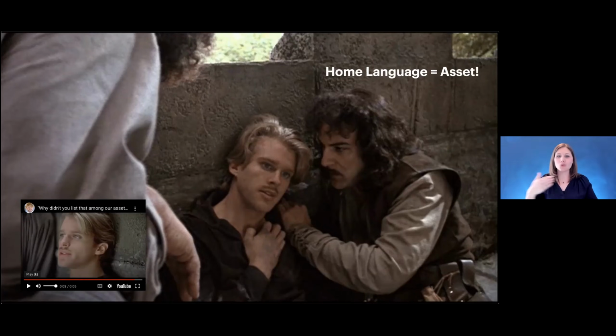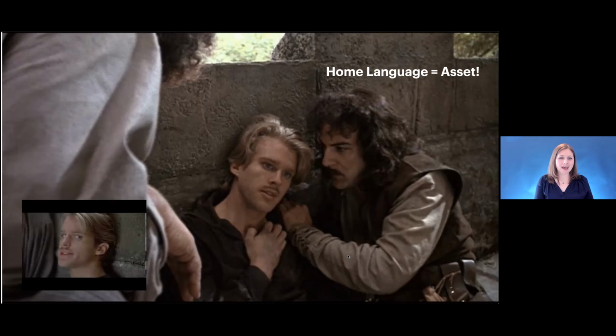And yet there's this growing body of research showing that human language is so complicated, we haven't even been able to teach a computer how to do it as well as a human yet. And so it's this amazing skill that these children and these adults possess. They already know an entire language system, and we can leverage that in our learning environment. It's an asset, not a liability.